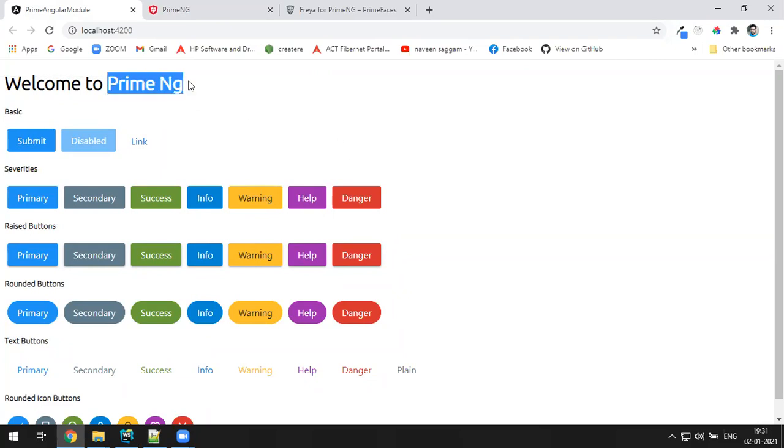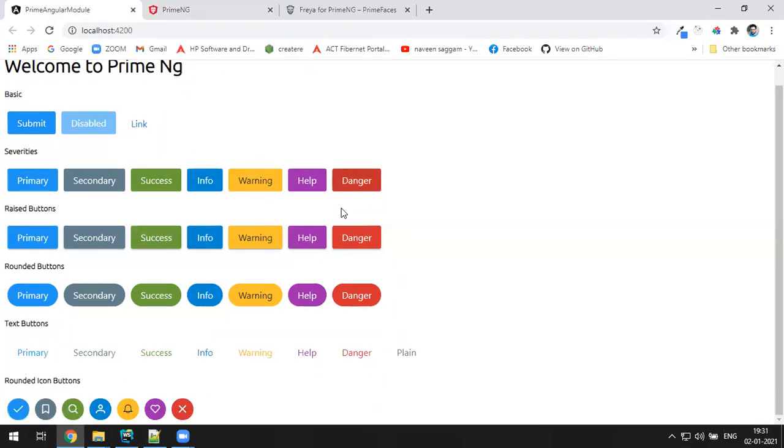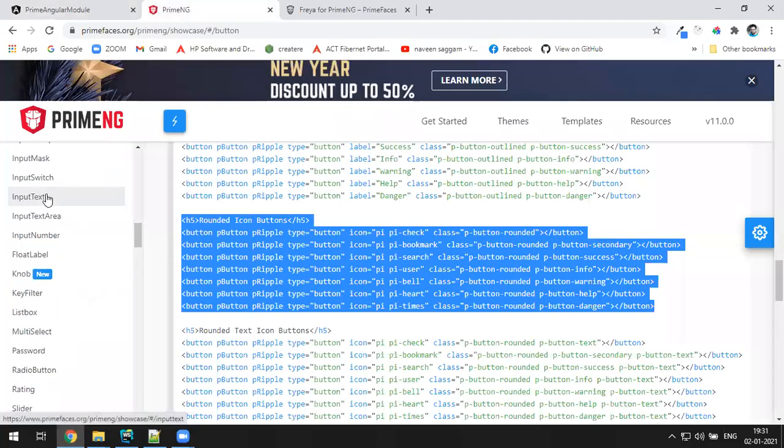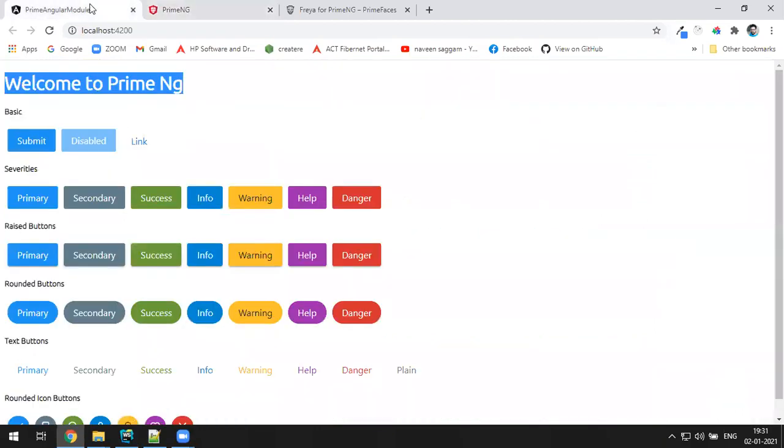Okay, fine. This is how you configure PrimeNG for Angular, and don't worry, this is the only class for PrimeNG. We'll do some few good examples also with data binding, forms and all. We'll see. Okay, yeah. So better you do one thing. Try to configure and check a few other components of PrimeNG today, and tomorrow I'll come up with a few more examples.